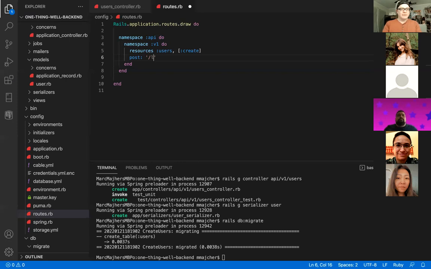So I'm going to do a post to login, and that's going to be the route. So when we want to log in, we're going to do localhost API v1 login. We're going to post to that URL. But I need to send it to something. So I'm actually going to have another